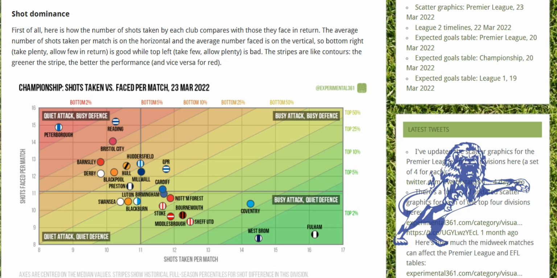We're now averaging 11 shots that we take per match, and we are now over probably 12 and a quarter average, 12.25 shots that we face per match. So not only are we going to the left, we're going up and to the left. That's not good, which is